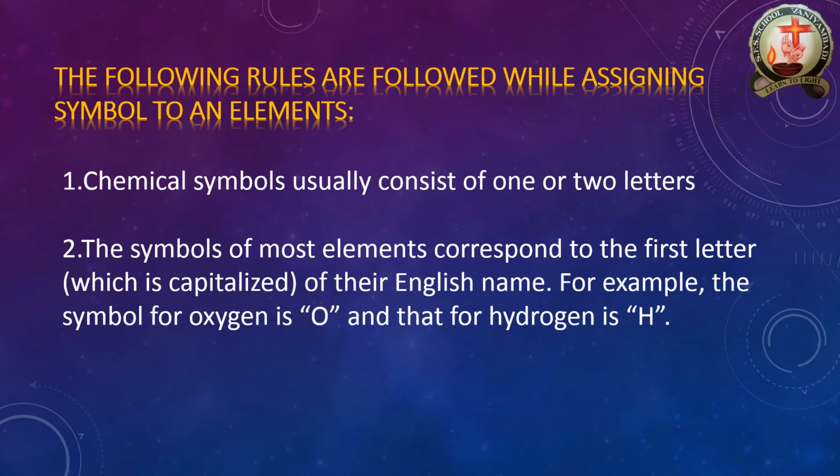chemical symbols usually consist of one or two letters of the first one. I can give a small explanation. Suppose your name is R Vasant. Your full name is R Vasant. Like that, R Vasant means R V. R is common for some other persons also, so I can take R V. That is a simple representation of R Vasant, or V. Otherwise, I can give the roll number, 21. Otherwise, I have another idea: RV 8.